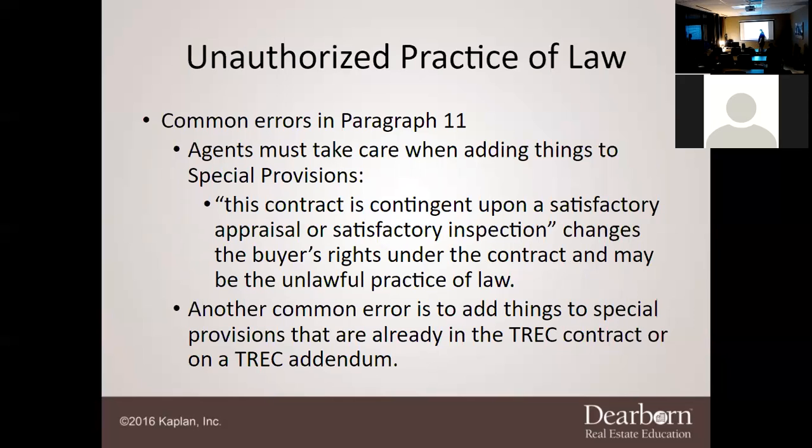Some of the common errors that we often see in the contracts when dealing with paragraph 11. Agents must take care when adding things to special provisions. You're going to hear that a lot. We're going to spend a lot of time on it.